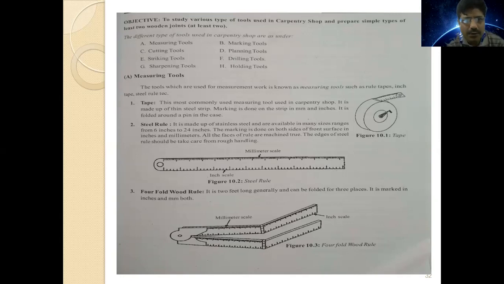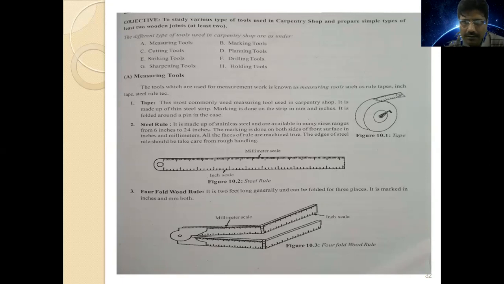So these are the measurement tools: scales and tapes, steel rules, etc. Cutting tools are snips, etc. Striking tools are different types of hammers. Sharpening tools are basically sandstones that are used to sharpen the cutting tools. Then marking tools are there, punches, that are used to